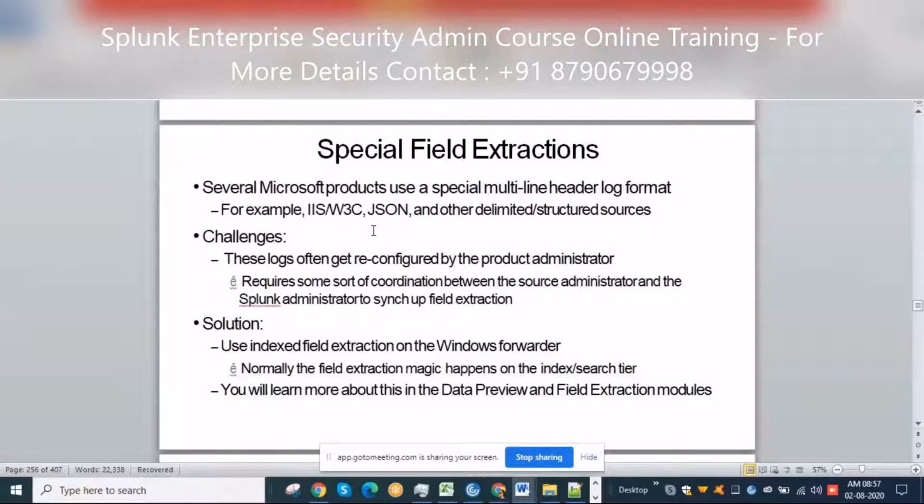That is nothing but logs separated by tab space instead of comma. For JSON files and such, we will write the configuration in props.conf when we see these types of things.